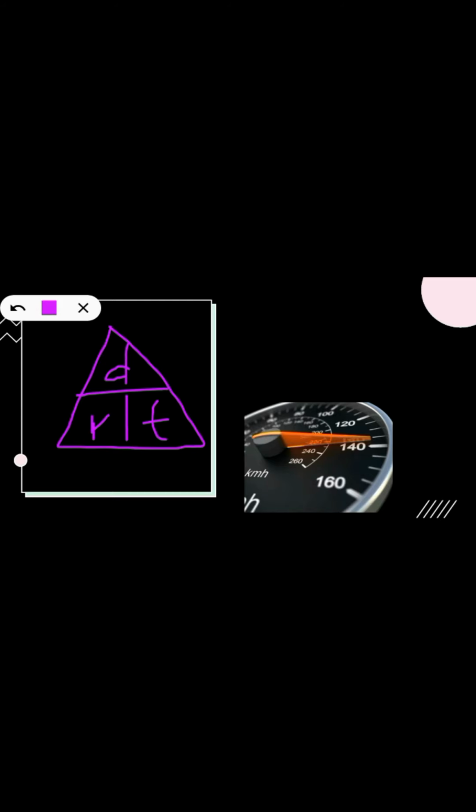If we are looking for the distance, we will just cover letter D, because that is what we are looking for. What remains is R and T. This means multiplication. So we will multiply the given rate and time. So the formula for the distance is rate times the time,